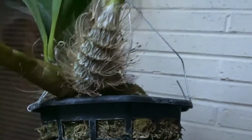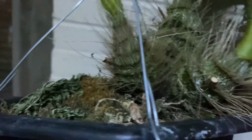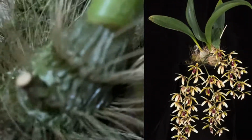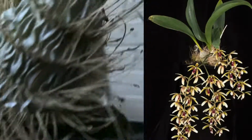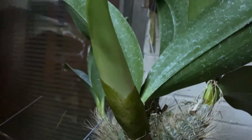But let's start here with certainly something that is really good, and this is my Enobulbon, which is now Dendrobium, but I will still call it Enobulbon munificum. And you can see the uniqueness of the bulbs, how it develops this little hay or straw-like web around the bulbs. You can also see that it has bloomed plenty of times from every growth. I believe that could be a root. And you can see a new growth, which is a really stout, healthy growth that is still